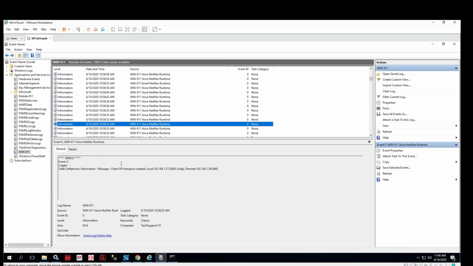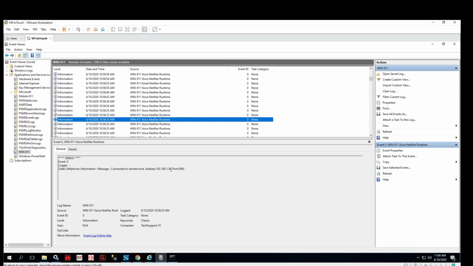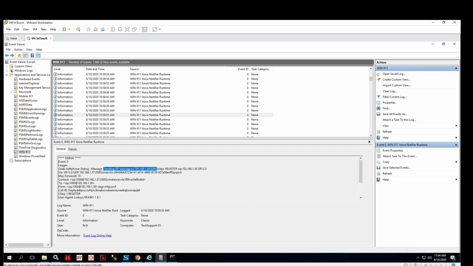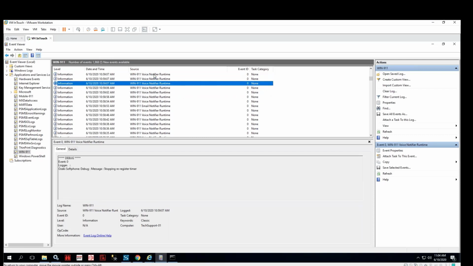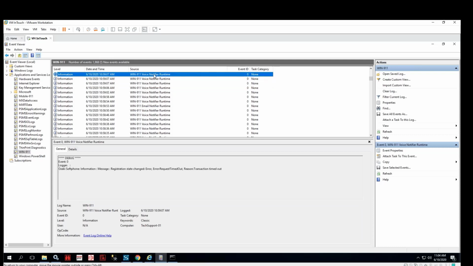SIP client, SIP transport created on my IP address to remote 1.36. That's my Grandstream. Connected to remote host on 1.36. Sending SIP message to 1.36, the register command. We're sending register, sending register, sending register, right? When everyone is trying, we're sending the SIP message register over and over. Nothing coming back though. Register, register, and register again. We're trying, and we get to stopping the re-register timer, transport closed, registration state changed to error, the reason, transaction